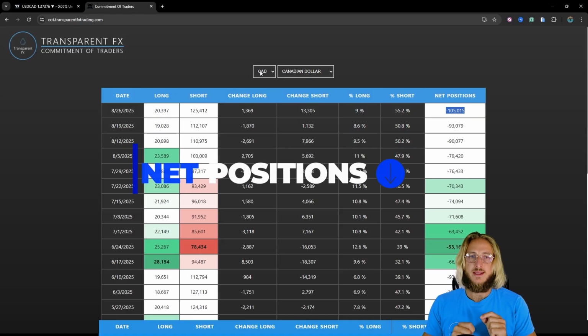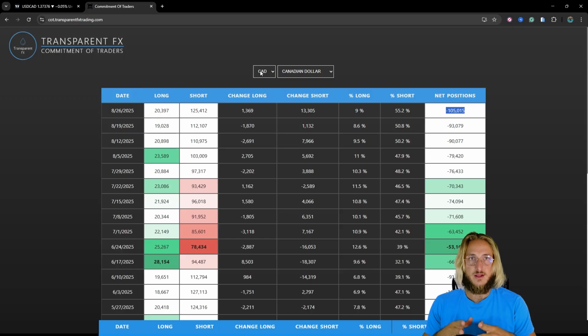Now we have to keep in mind that if we are looking at the data for the CAD, we're actually already looking at CAD USD, because all currencies on the spot are traded against the USD. And as institutions are shorting the CAD, it means they are longing USD CAD, because if you short the CAD and the CAD is traded on the spot against the USD, it means you are longing USD CAD by shorting